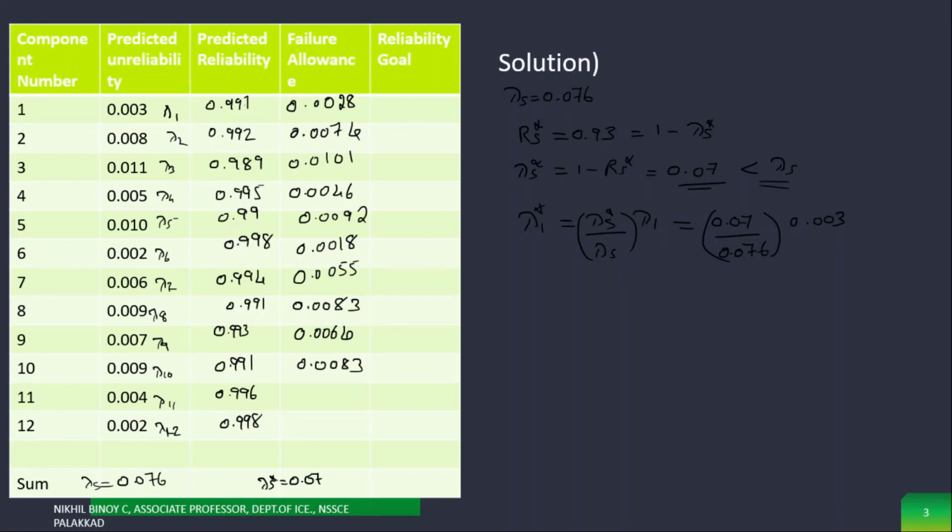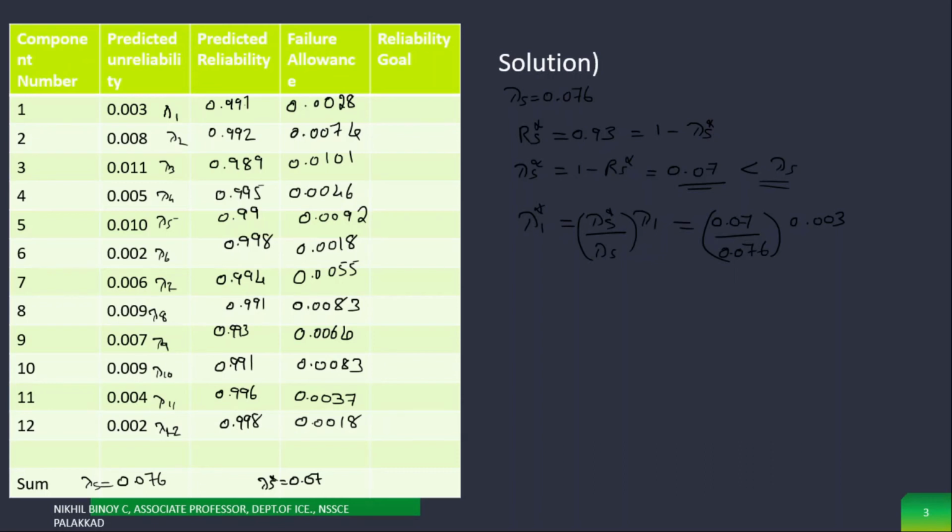So the desired failure rate of the 11th element is 0.00368. We can take it as 0.0037. Now for the second component, we have 0.0018. So these are the failure rates of the 12th component. If you are adding these, we can expect a minute change because all these are rounded values. Still we can check it. So 0.0028 plus 0.0074 plus 0.0101 plus 0.0046